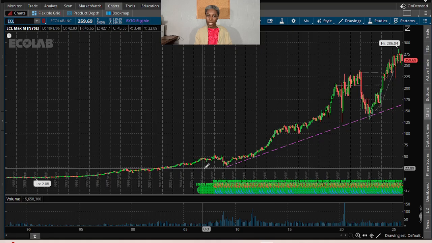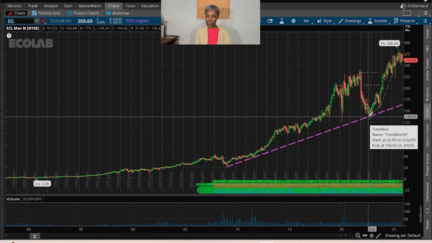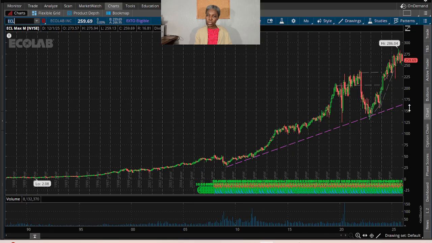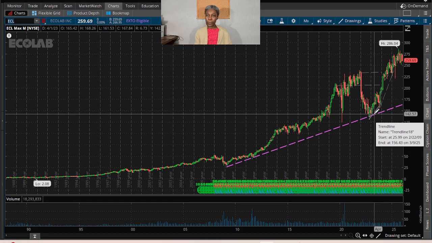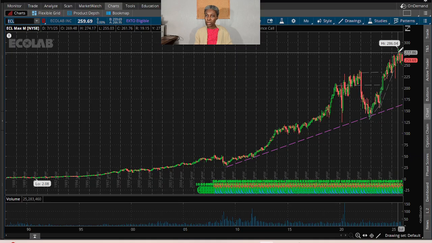So ECL, we have this valley line trace already. It's a long one. It seems to be respecting it, touching higher lows. Now let's take a look at the mountain. It's getting taller, there is quite a bit of a gap before it comes back down. So it has been on this growth for some years, plateau a little bit and continue higher and pull back sharply, went up, and it's a weird pattern here,